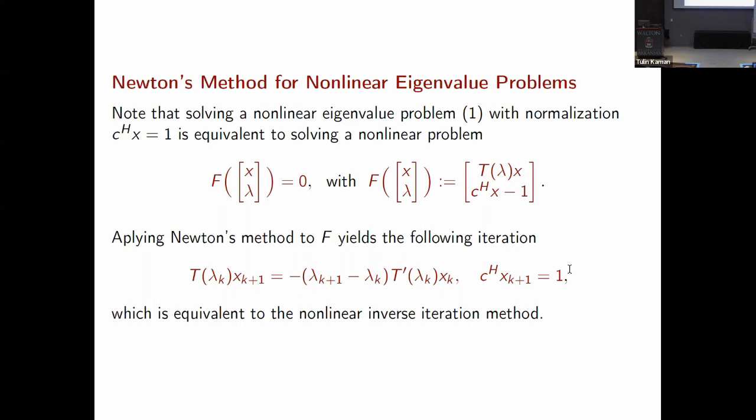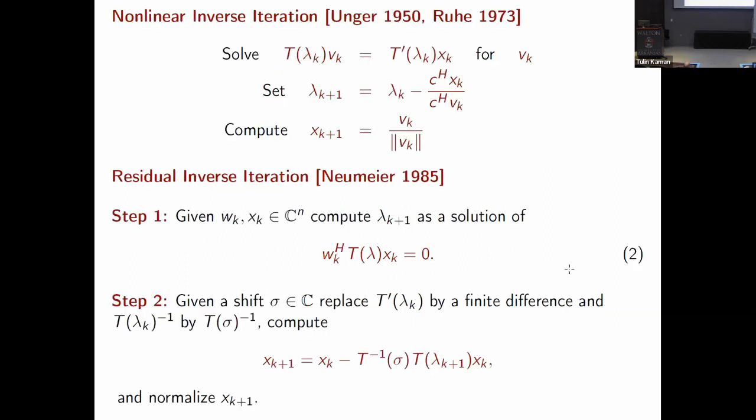Okay, but we see already a couple of problems here. First, we have the derivative of our matrix valued function, and not only do we have a derivative, but in each step this T is evaluated and the derivatives are evaluated at different points. So we have to evaluate T, we have to evaluate the derivative of T, and then we can proceed with our iteration scheme. Okay, so the nonlinear inverse iteration was proposed originally in 1950 by Unger,